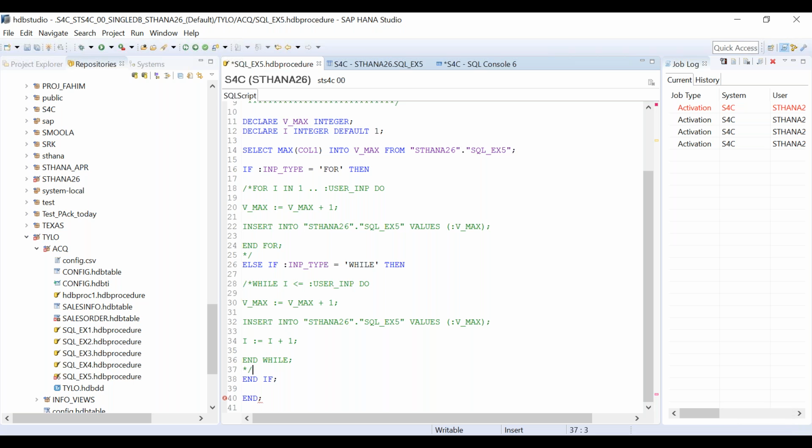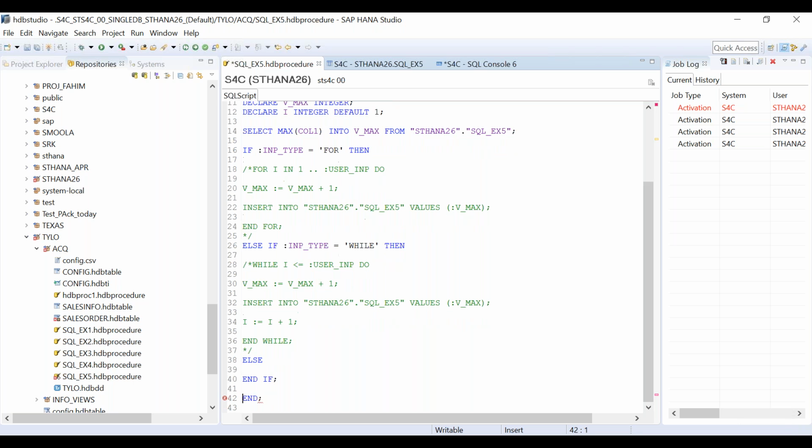If, then, and if. What is missing? Else. It is still saying that something is missing. Where am I missing? Else if.